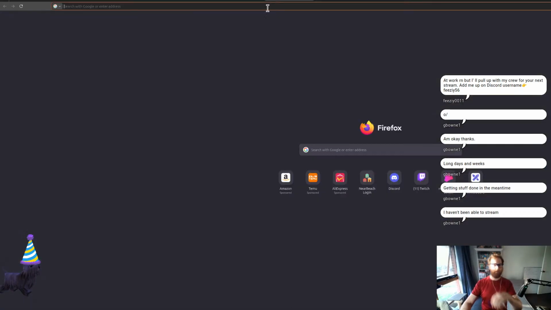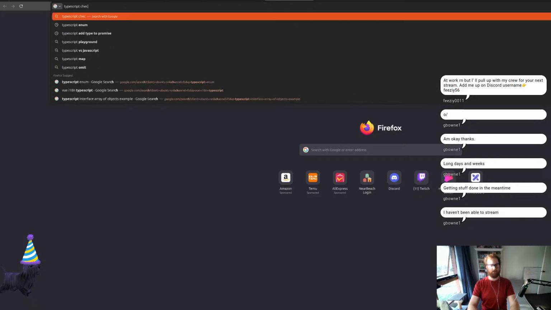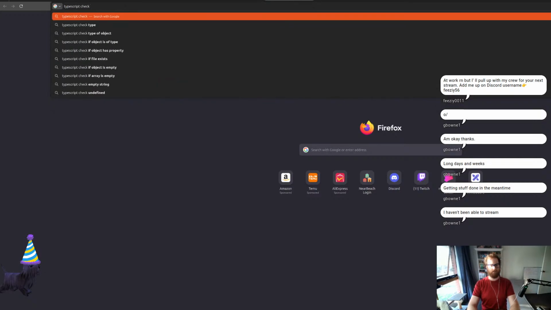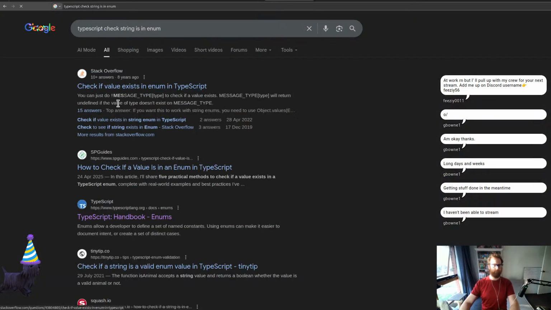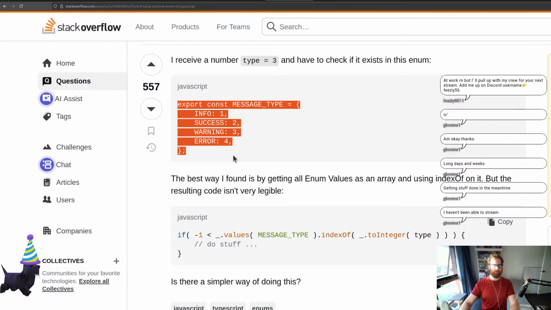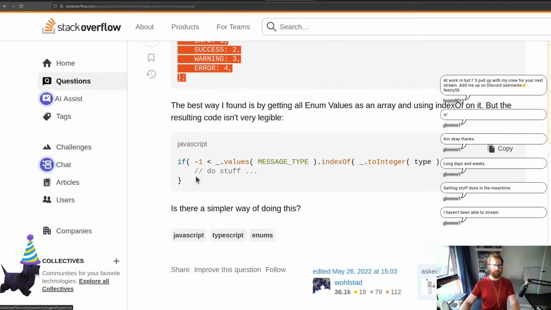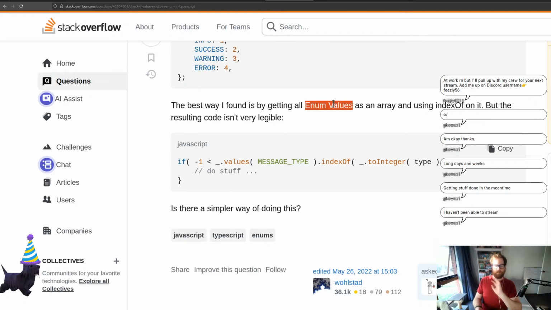And then what we need to do is TypeScript check string is in enum. So yeah, we're gonna export that. That's perfectly fine. Getting all the enum values as an array, index of it, and